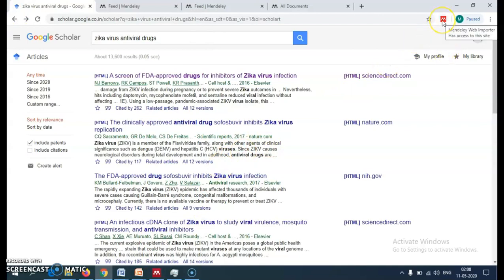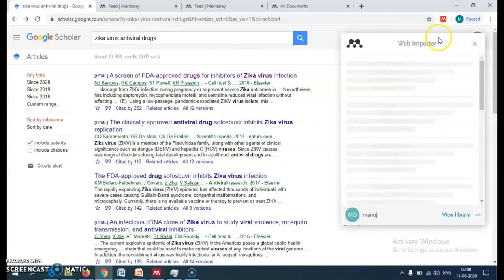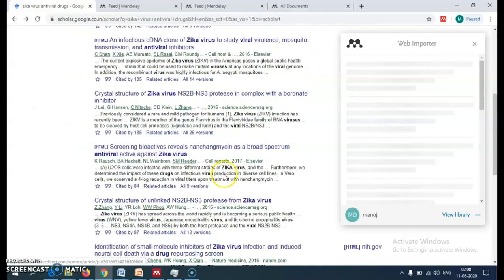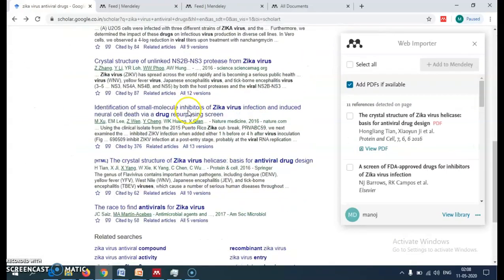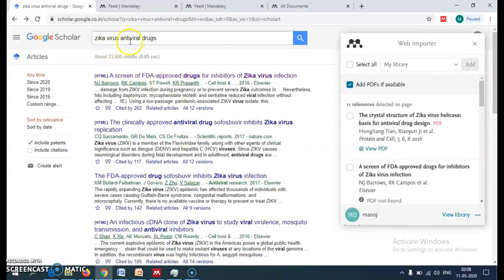We have to click on this icon of Mendeley Web Importer. If you click on this icon, it will search the list of articles available related to Zika virus antiviral drugs, and from those, the articles that have a freely available PDF.